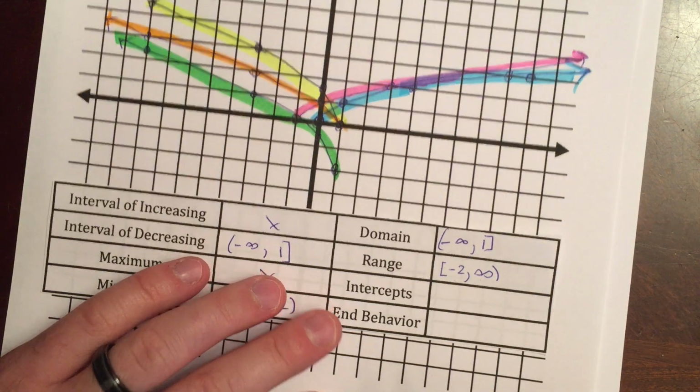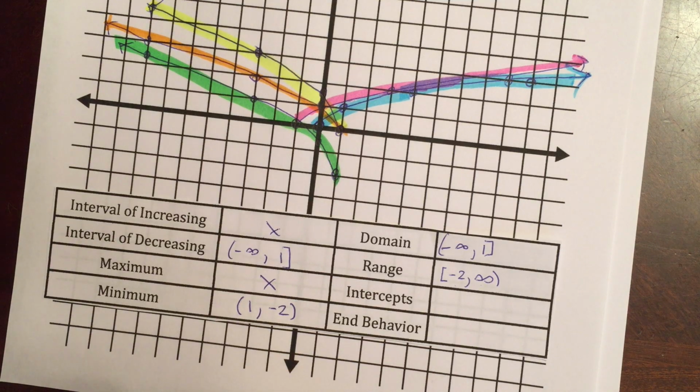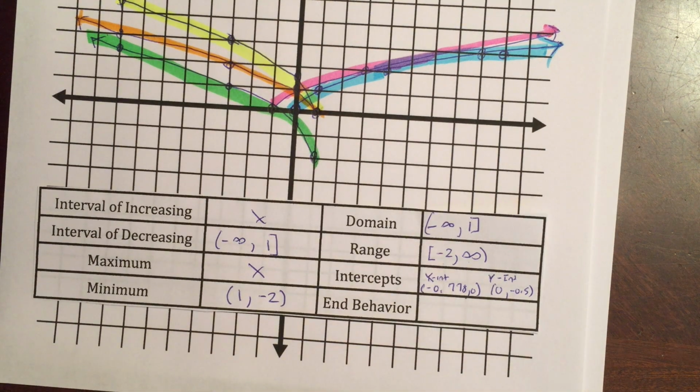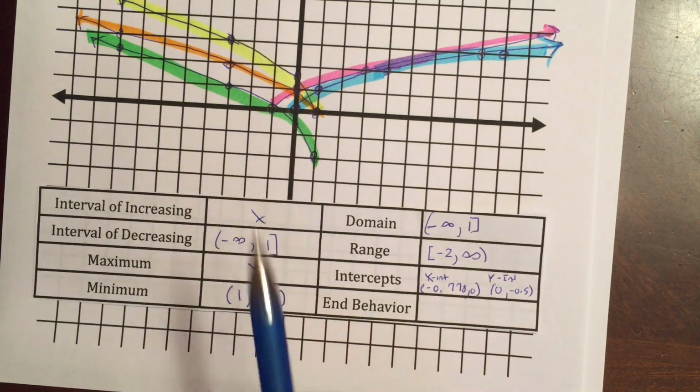Our intercepts here are, well, our x-intercept is a little bit hard to see, but if we looked at the graph on a calculator, based on the graph, there's no way to get an accurate value for the x-intercept, but it's (-0.778, 0). The only way you could do that is if you plugged in 0 for y and then solved. But our y-intercept is actually clear because that's what transformed to that point,